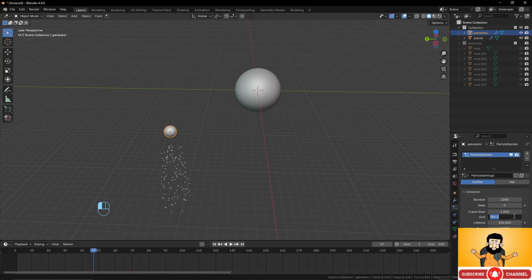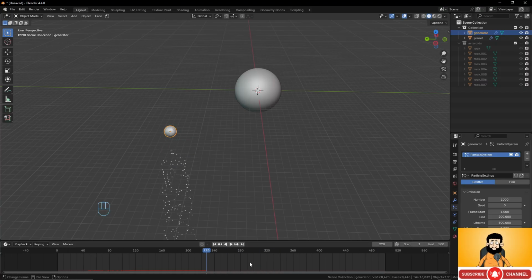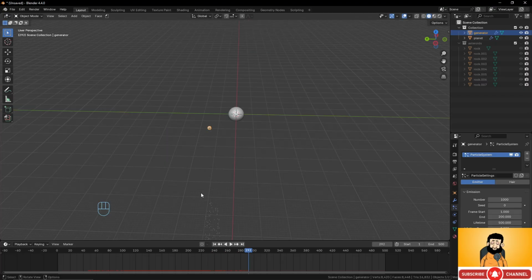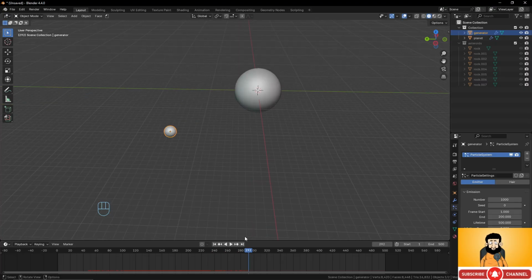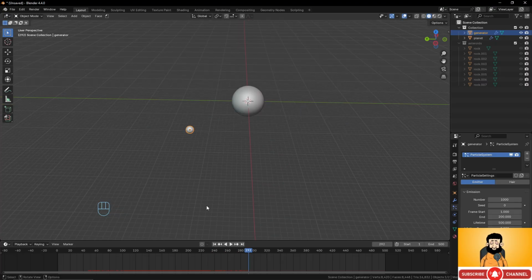Maybe until here might look enough, until 200 and after stopping. So like this, the end of the simulation will play with the particles that will continue to live. Okay, good. So what we can do now,